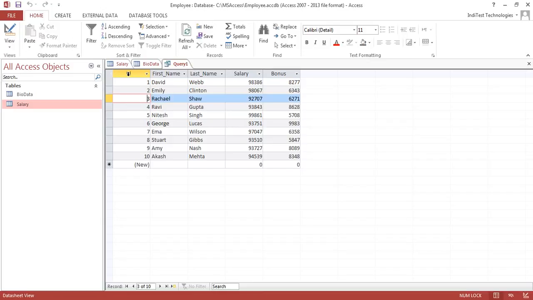So now we have the query returning the same sorts of results which we were expecting before, which is exactly the same as the salary table itself. So this was about how to gather up the correct position of the variables when you query up a table in MS Access.